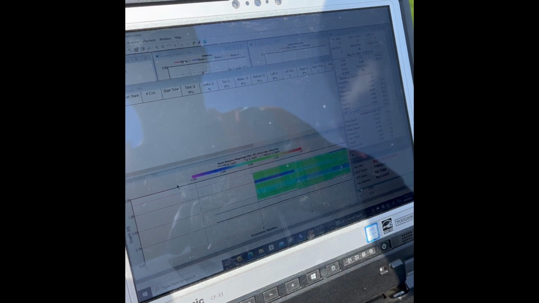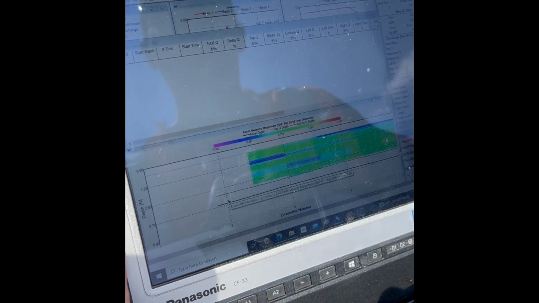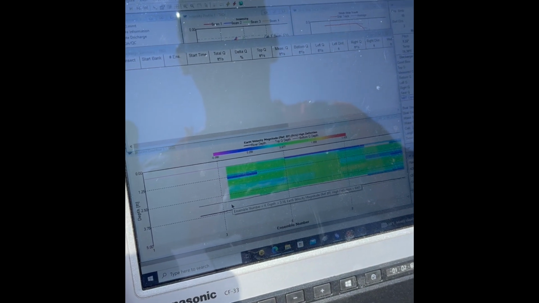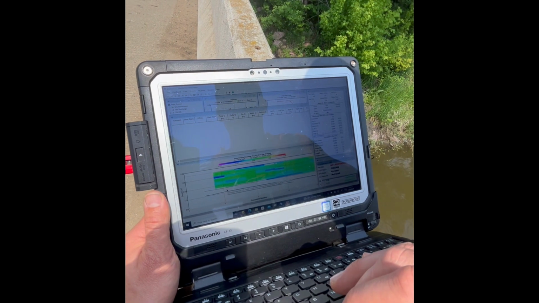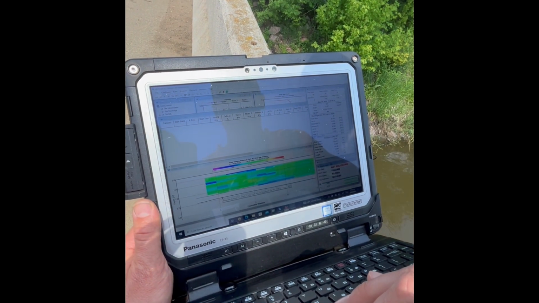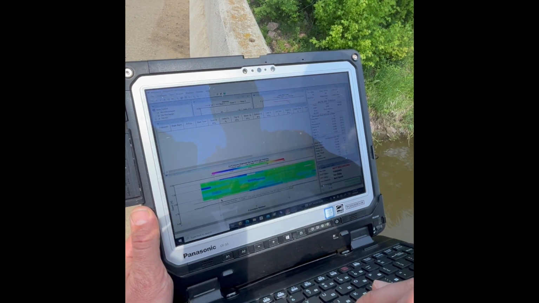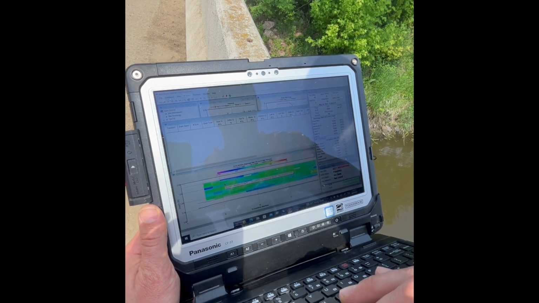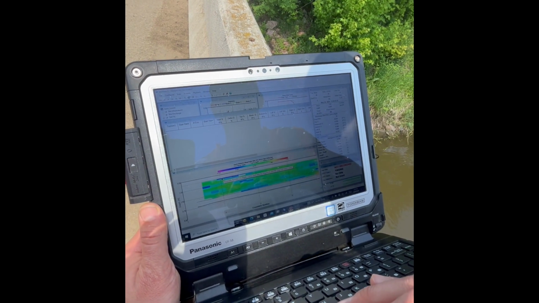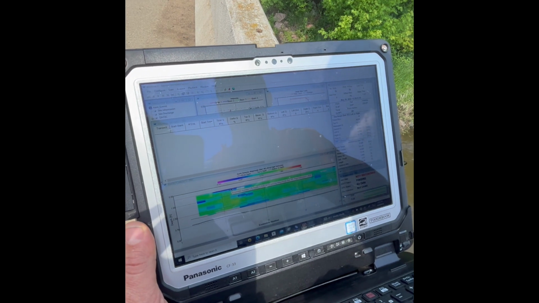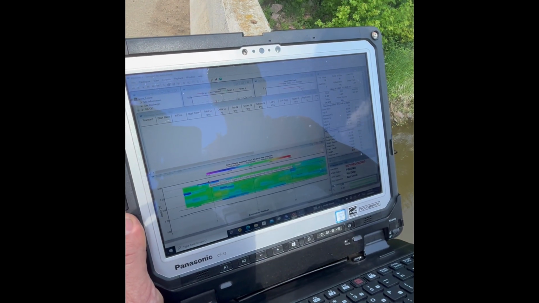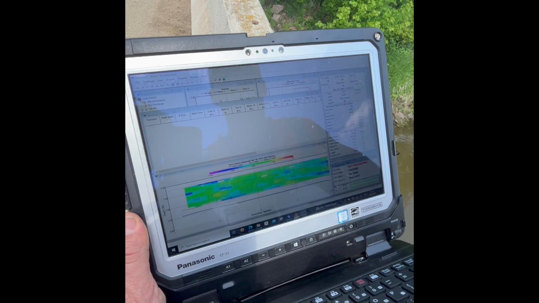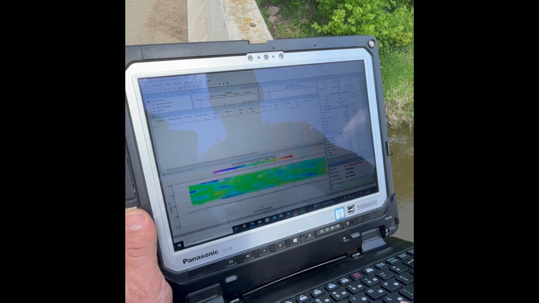So now it's reading down to 3 point some feet. Everything below this line is getting interpolated by the program. And everything above here, which this line right here is our 0.17 mark, and everything above there is also being interpolated by the program. Now we'll go find